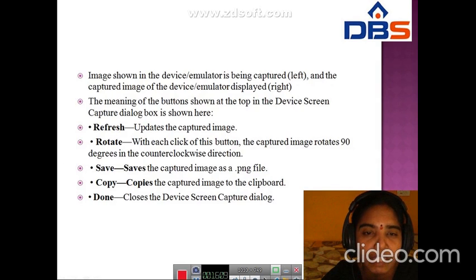Rotate: with each click of this button, the captured image rotates 90 degrees in the counterclockwise direction. Save saves the captured image as a .png file. Copy copies the captured image to the clipboard. Done closes the Device Screen Capture dialog.